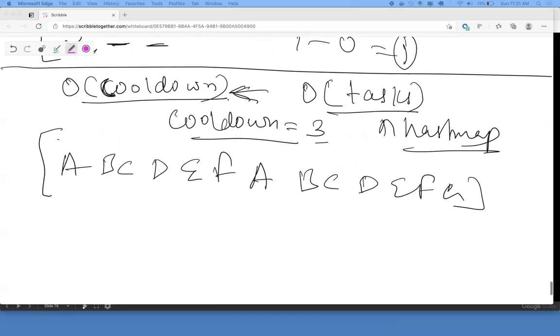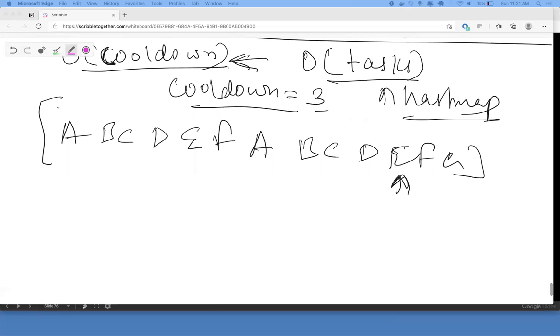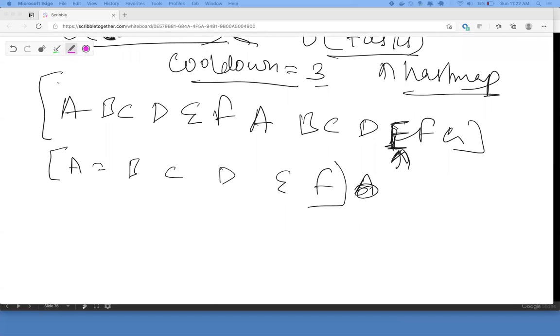Let's say I'm at E. First thing is, in a hash map we'll have A, B, C, D, E, F. We'll have all these.